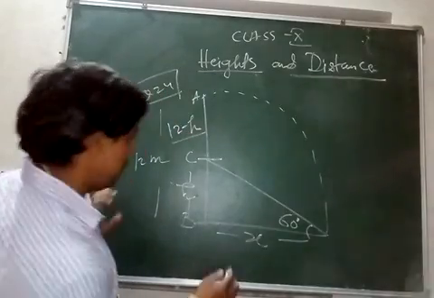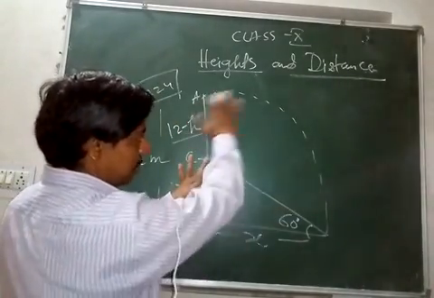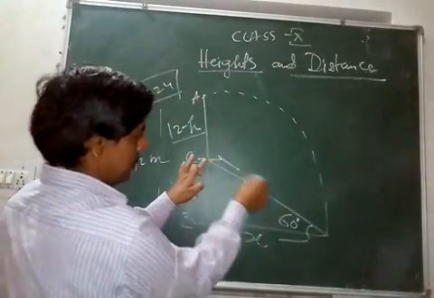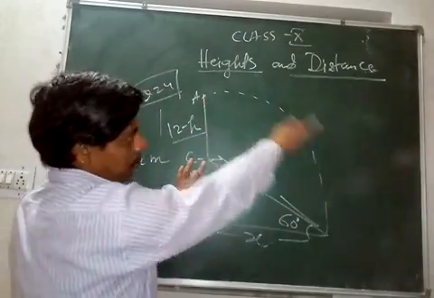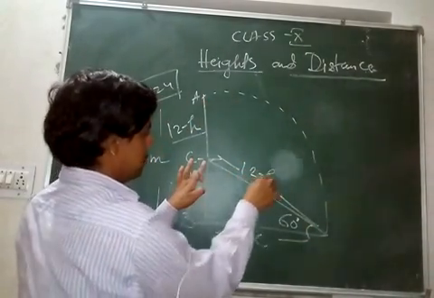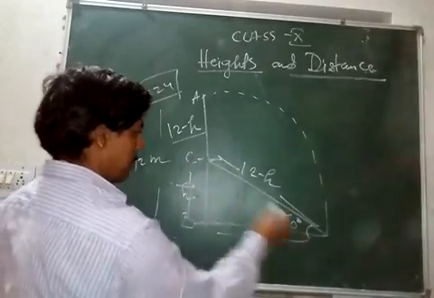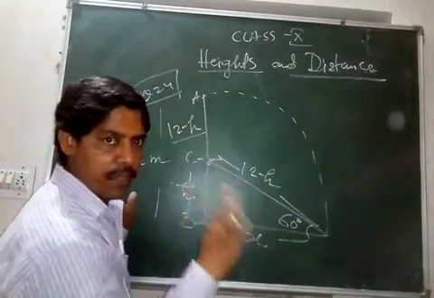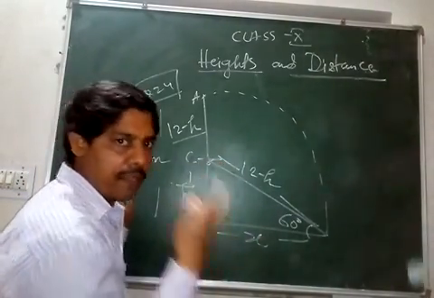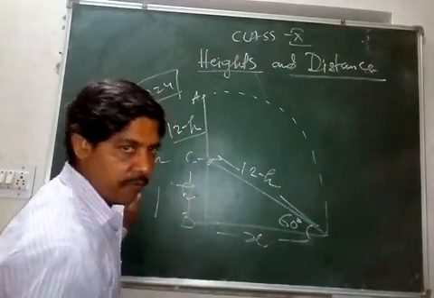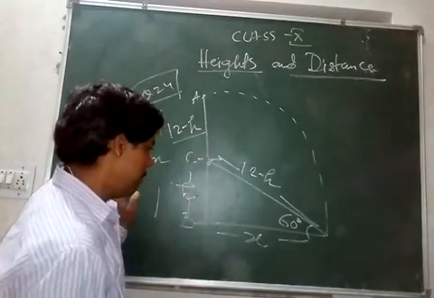Now this is 12 minus h. Since this is just a rotation, it's like a circular rotation. This can be the center. Okay, so this comes and drops here. 12 minus h. Right. Now look at this diagram. In this diagram, you cannot apply tan. Every time we are applying tan 60, tan 30, tan 45. But in this question, we are not applying tan. We will apply something else.